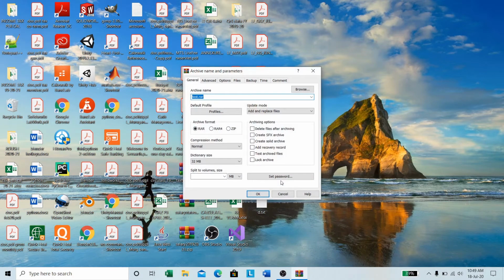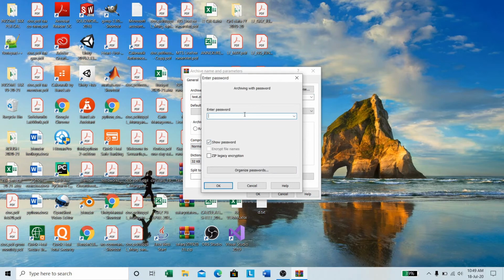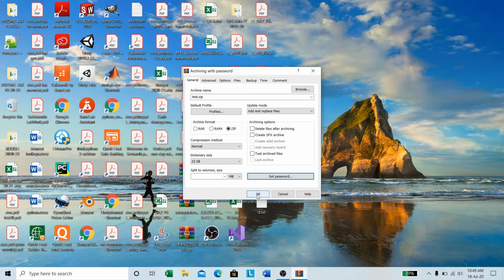Add to archive, zip, set password. Password will be anything which is possible, a very horrible password or very strong password.